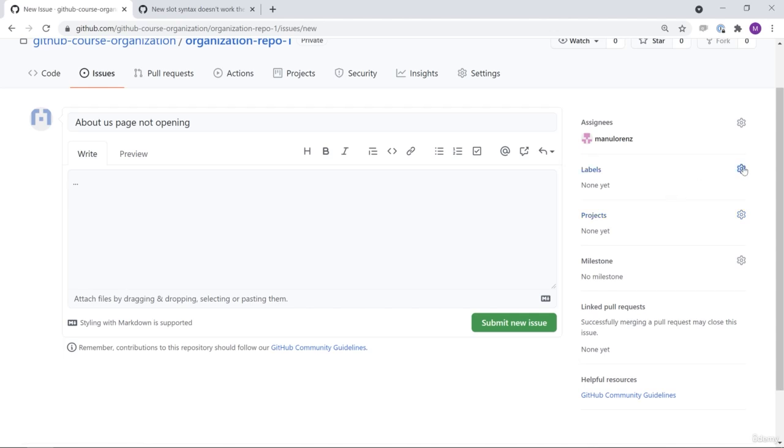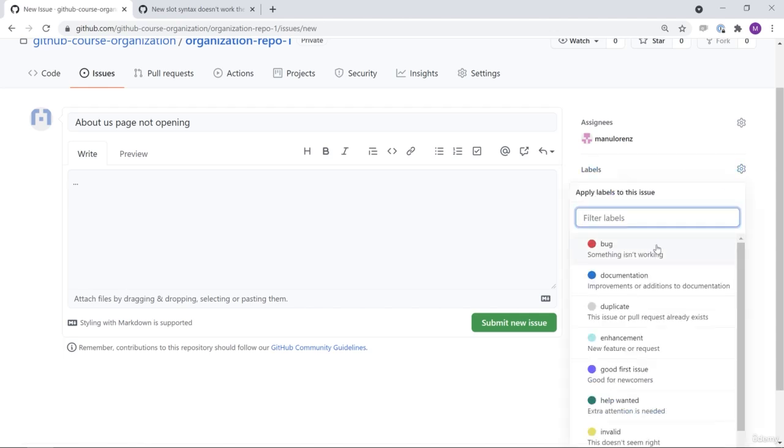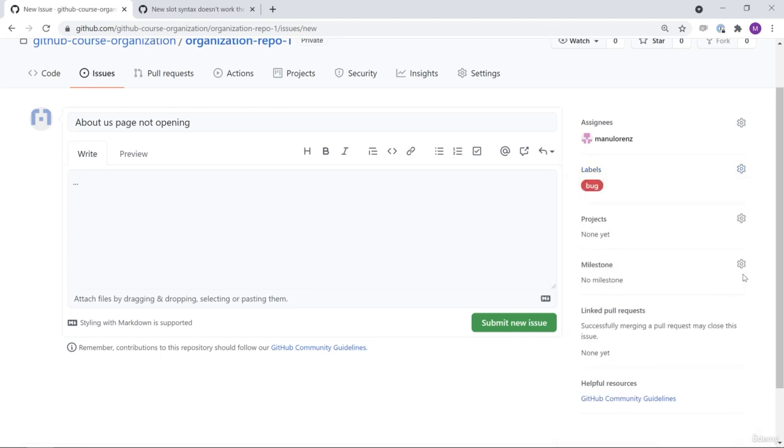We could also add a label right here. For example, a bug would be the correct one. Something isn't working. You can also find other labels in here that you can apply to this issue. We'll go with the bug one, and that's it. Multiple labels are also possible. Projects are something we'll learn about more very soon, therefore we'll skip this. Same thing here for the milestones, not that important for us at the moment. And you could also link this to some pull requests, also not something we'll discover at this stage of the course. But we can now submit this new issue